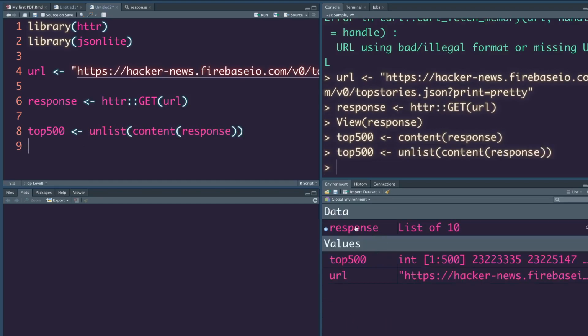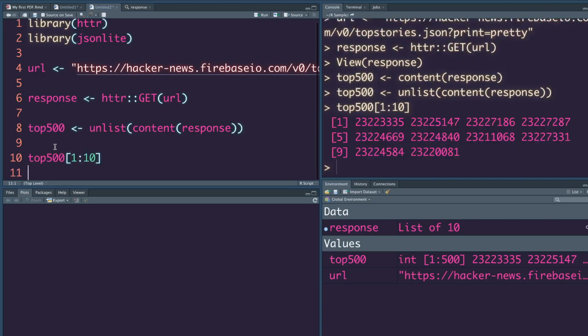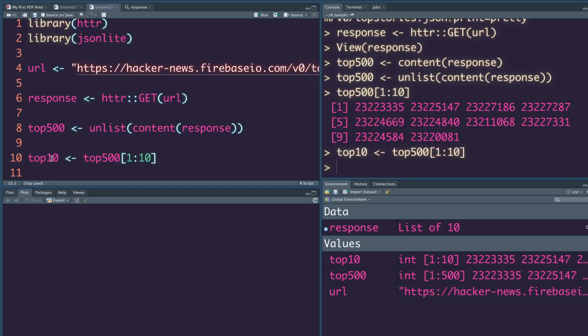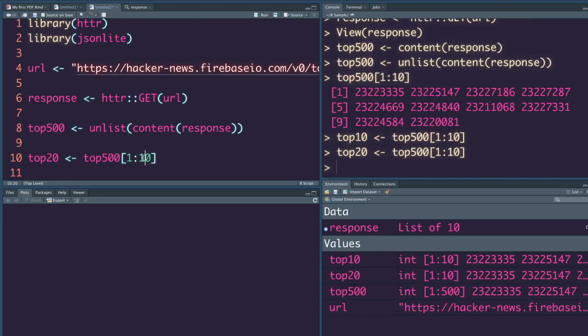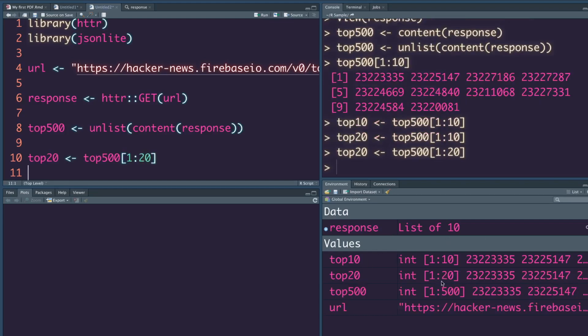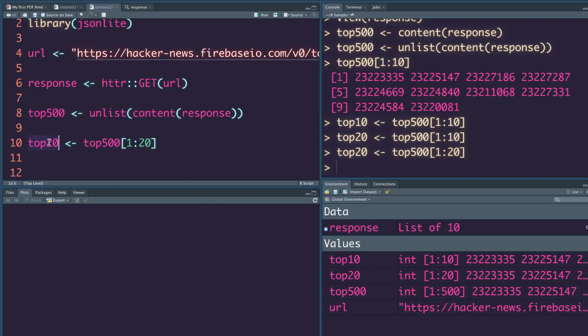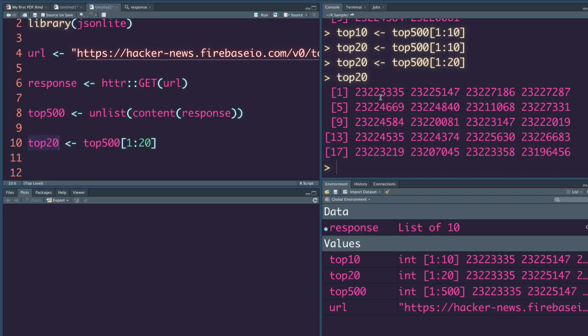Then we say, okay, we have 500 responses from this, and actually what we want is only the top, let's say top 10. This way we can get top 10. If you want to filter it, let's do top 10 or top 20. Okay, so we have got top 20. I've got top 10 also here. Yeah, that's fine. We have got top 20. So now that we have got top 20, let's print it out and see. So this is all ID.